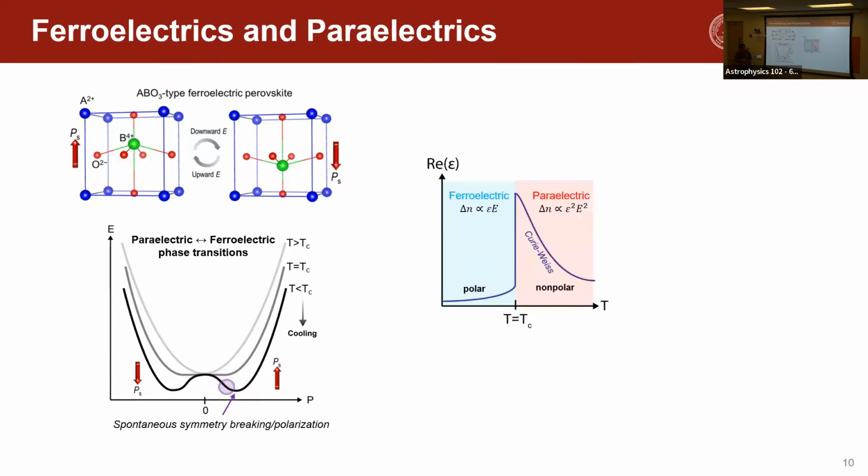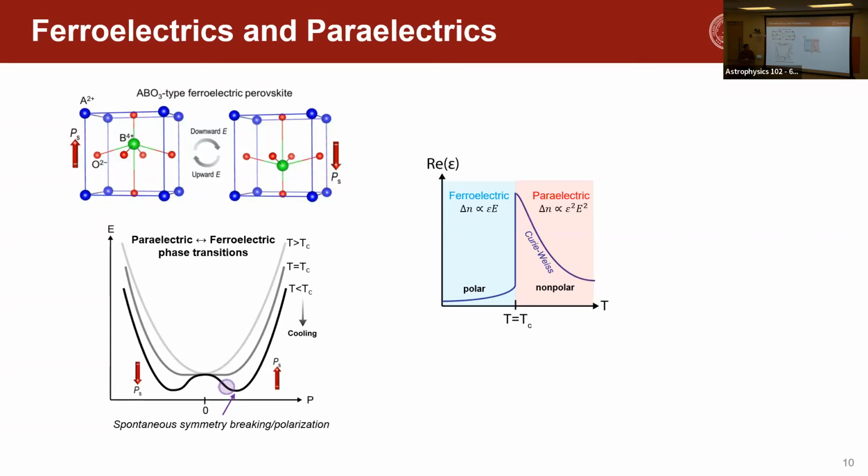So we can draw this intuition in this plot of the dielectric constant over temperature, again, very qualitative. You see that as you're going from high temperatures towards the transition temperature, you expect this dielectric constant, or the susceptibility, to increase. Then as you reach this phase transition temperature, you expect it to be maximal, and then it will decrease once again once you have a ferroelectric material that has these two potential minima.